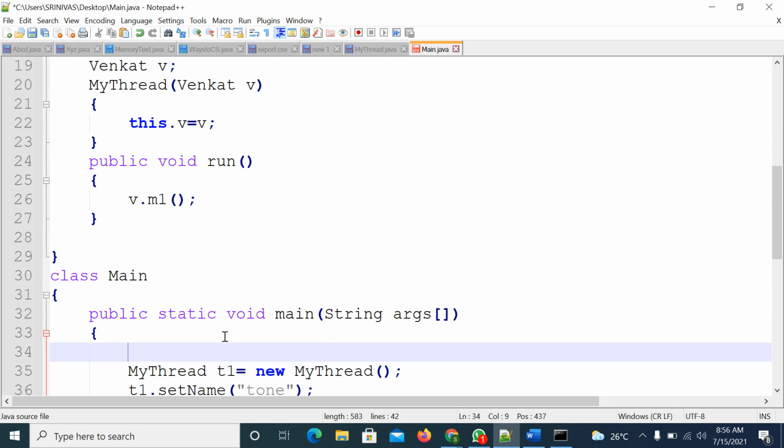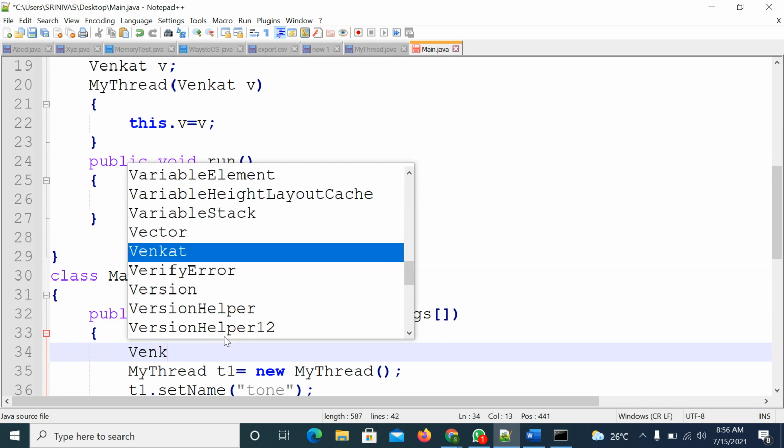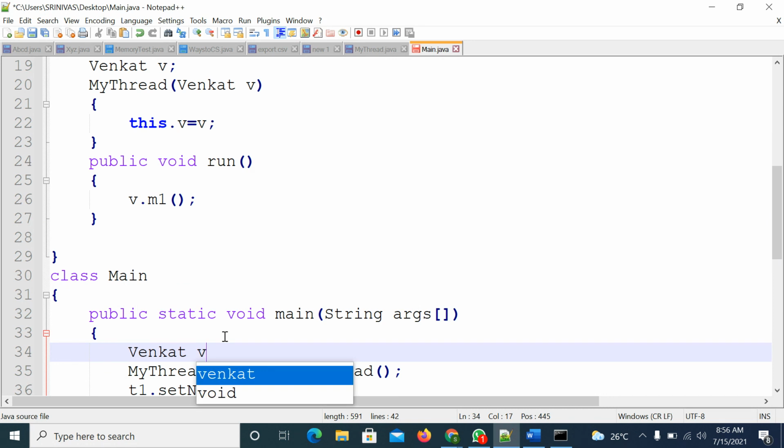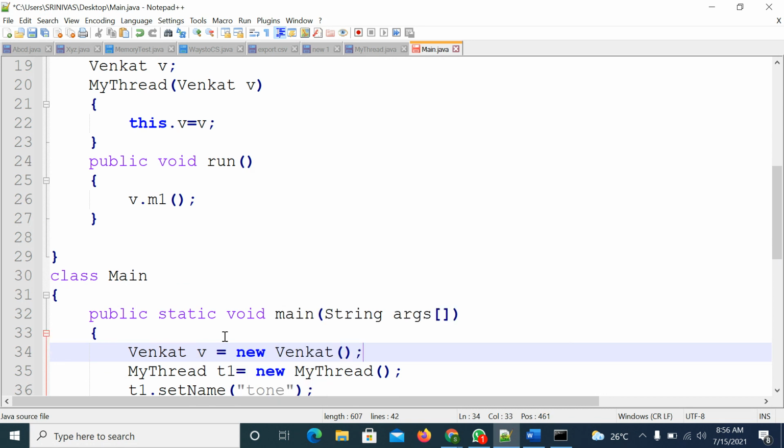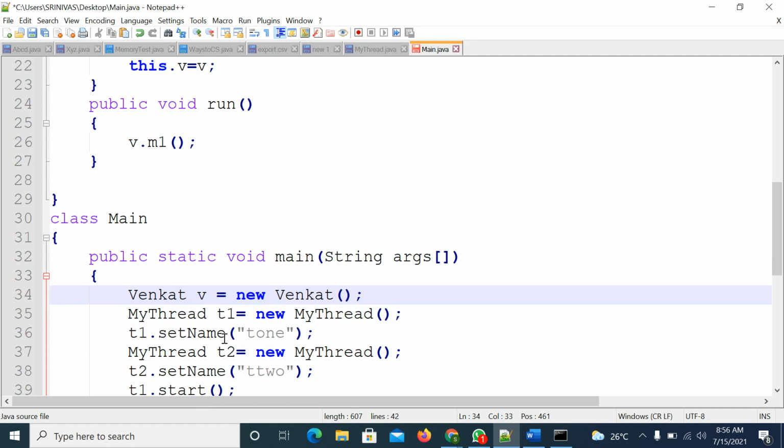In the earlier case, it is creating two objects. That is the problem. I am creating only one object, and I will pass that object when I am creating the threads.